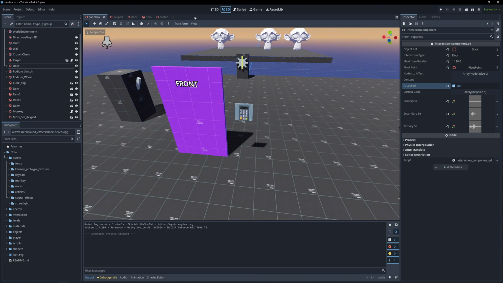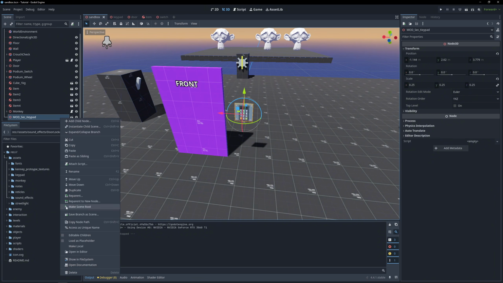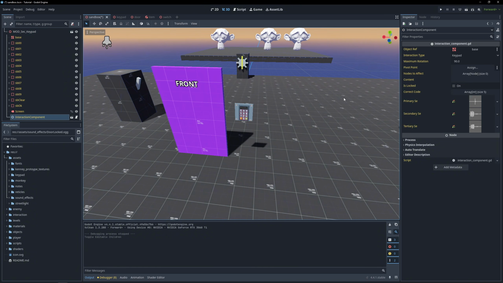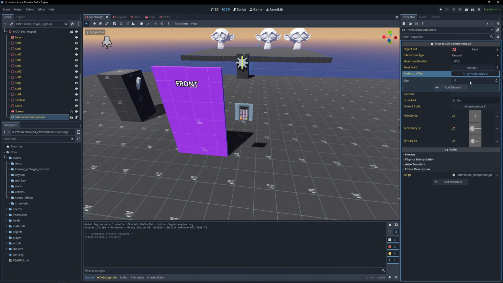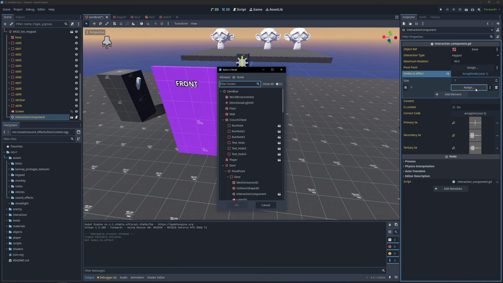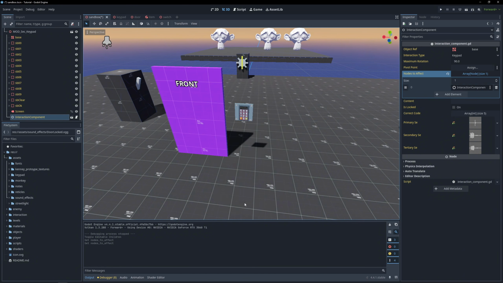So now if I go back into 3D and I click on our keypad, I'm going to go ahead and set its children to be editable, so that way I can find its interaction component. Go ahead and close all these down, goodness. Find its interaction component, and I'm going to grab its nodes to effect. I'm going to increase its size to 1, and then I'm going to assign it to our door. In fact, I think I need to assign it to its interaction component specifically. So now, if I go ahead and run the game,